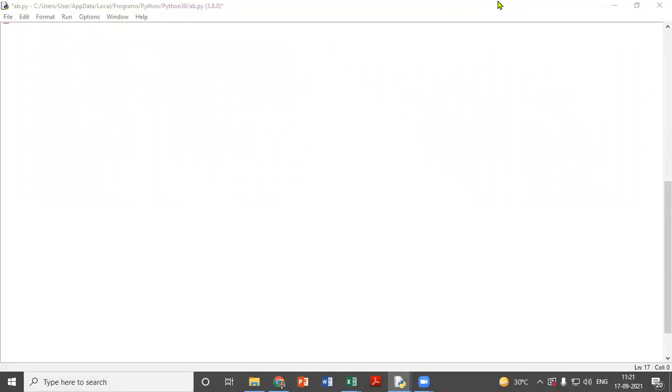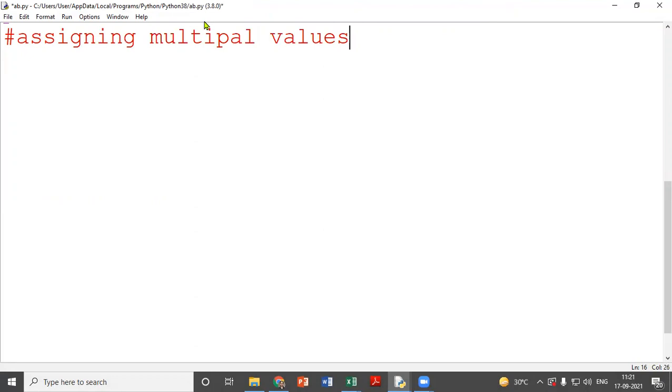Now I'm going to tell you how we can assign multiple values in one line. Okay, so here my topic is assigning multiple values in one statement.